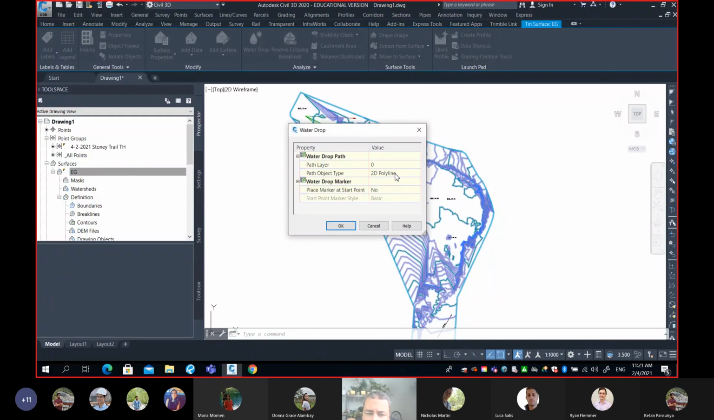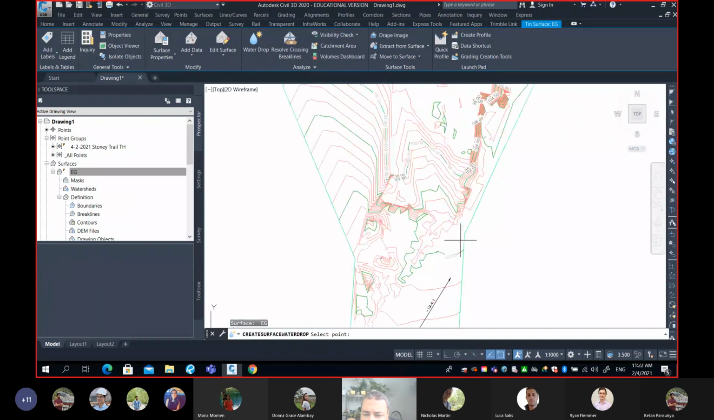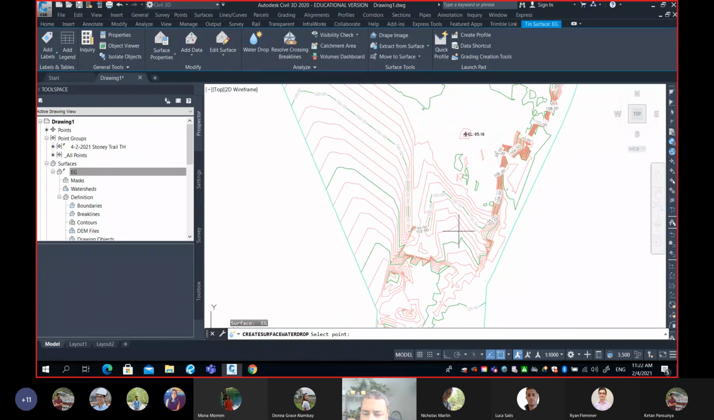And there are some options here. Where do you want to place your polyline? Layer 0, so you can choose it in layer 0. What do you want to do? You make it a 2D or 3D polyline. So those are extra options. It is up to you. Then once you hit OK, then what happens here? If you simply drop your point,